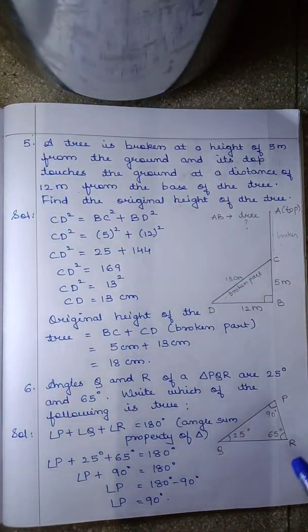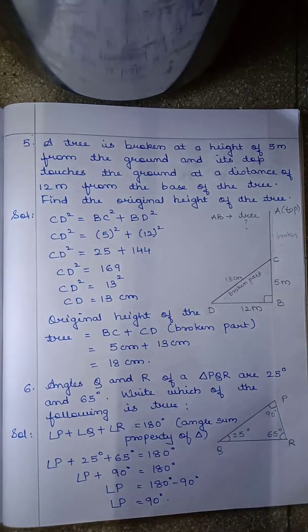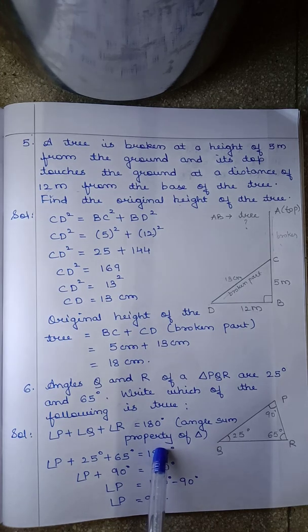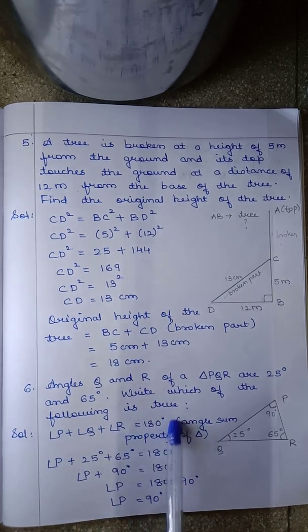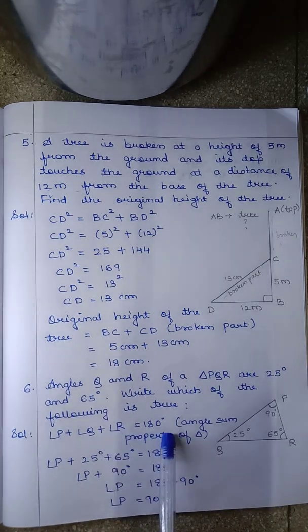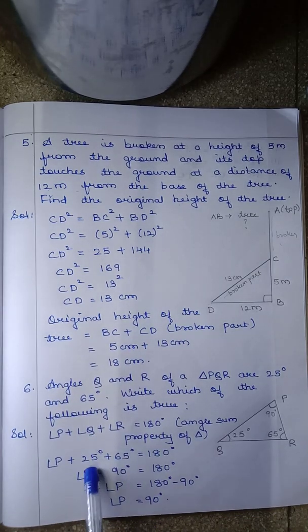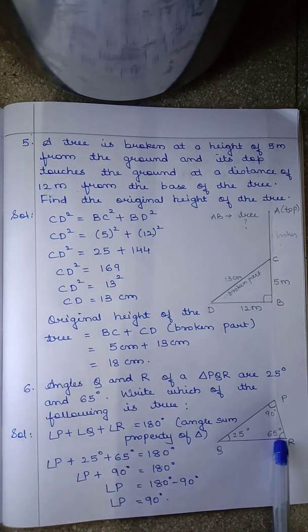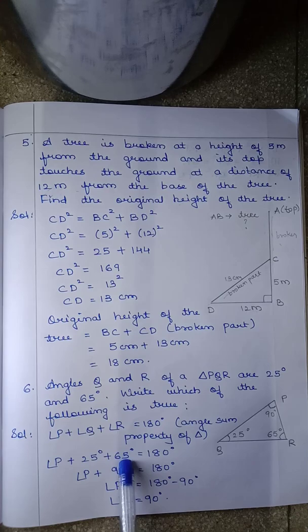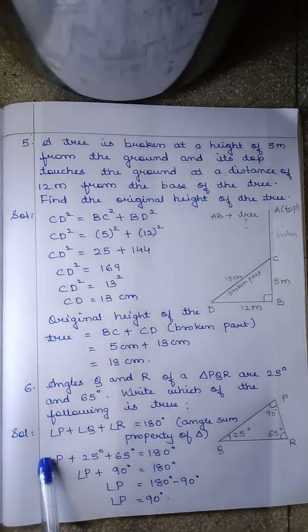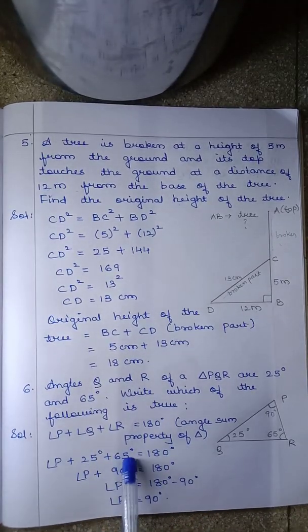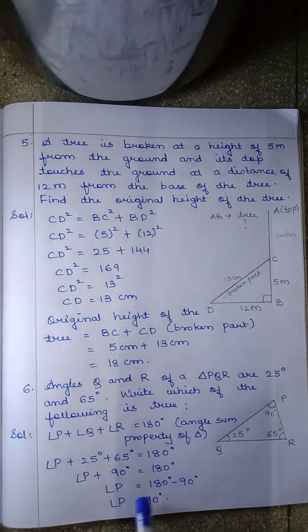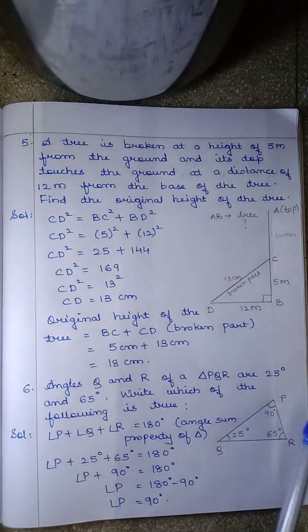So to find out which one is true, firstly you have to find the third angle, children. How to find the third angle? Using the angle sum property of a triangle. That is sum of three angles is equals to 180 degree. P plus Q plus R is equals to 180 degree. Angle Q is given as 25 degrees, so substitute 25. Angle R is given as 65 degrees, so substitute 65 degree. And angle P is the unknown angle which you have to find. So 25 plus 65 is 90 degree. On the other side it will be 180 degree minus 90 degree. That is you will get angle P is equals to 90 degree.